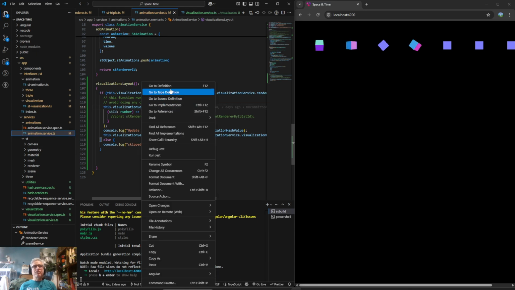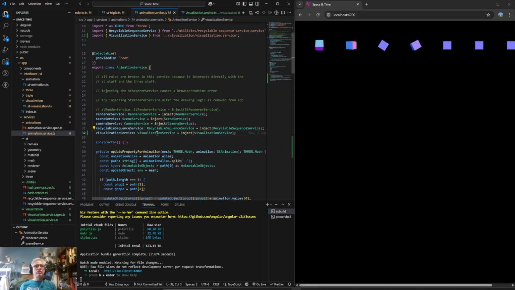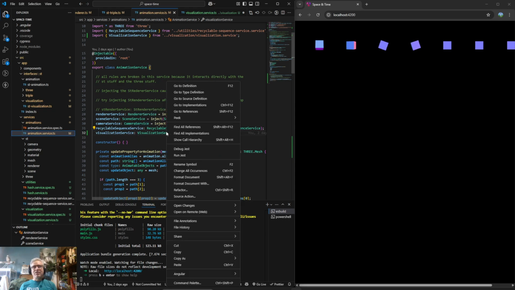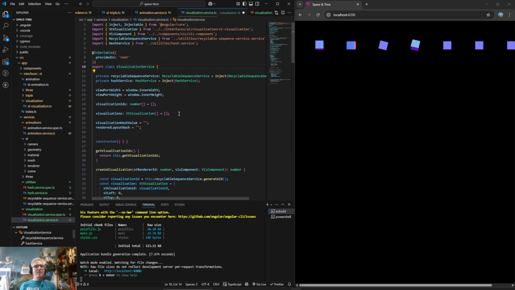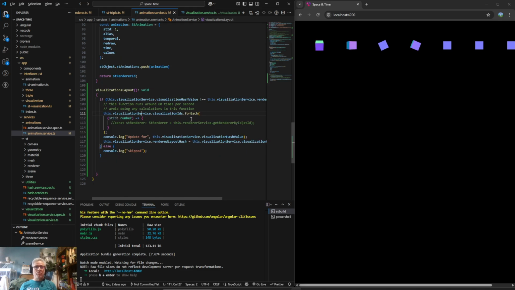I think it's visualizations. So let's go to the service and let's look at our variables. Oh, we didn't actually go to the service. We went to where we declared the service. So yeah, we have our vision, but we also have our visualizations. That has everything we need in it. So all we're doing is going into memory and saying, hey, go ahead and go over all of the visualizations for me. So I'm going to change this to visualizations.